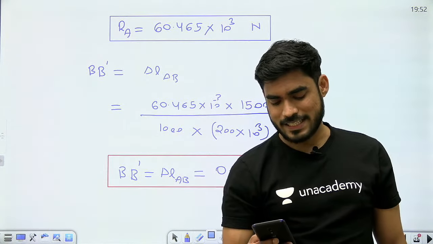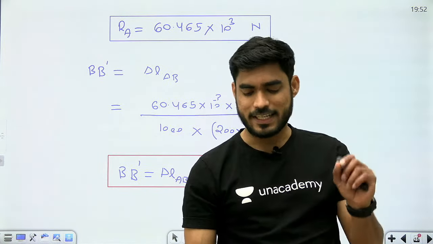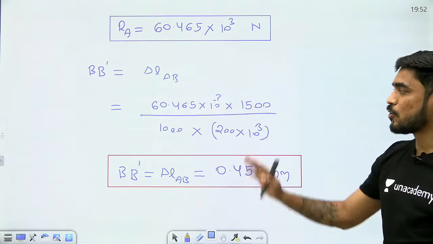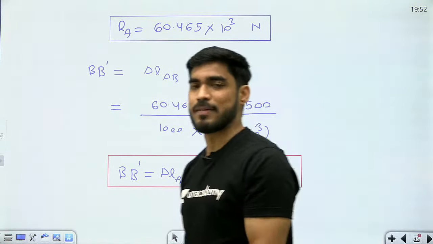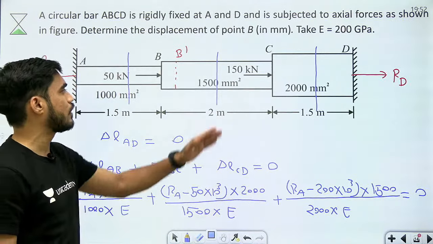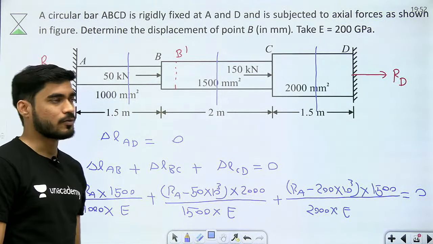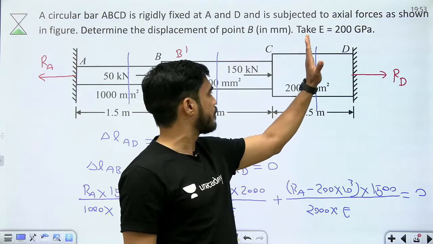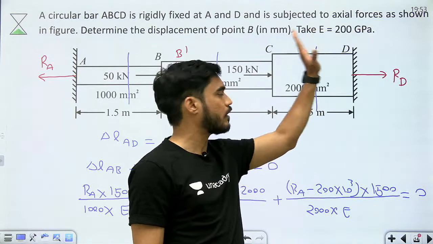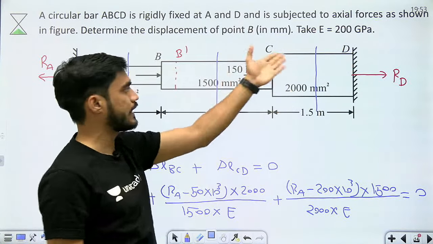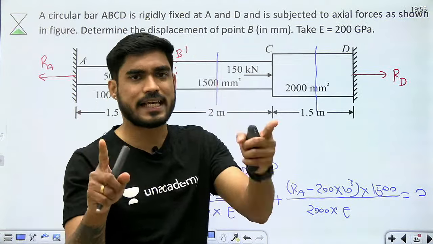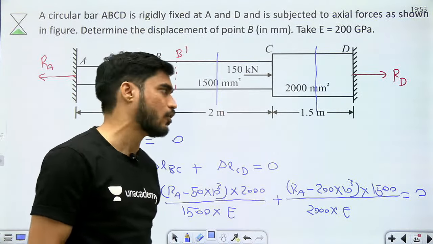What to do if it is asked at C? Beta Akhil, watch yesterday's class. I have already explained how you can calculate the displacement. उसके बावजूद आप पूछ रहे हो. If you want to calculate displacement of C, what will you do? You will calculate the deformation from A to C, or you will calculate the deformation from C to D. Total change in length. या तो A से निकालो या तो D से निकालो. मैंने कल पहले ही बोला था कि एक फिक्स पॉइंट से लेके यहां तक का चेंज इन लेंथ निकाल लो.